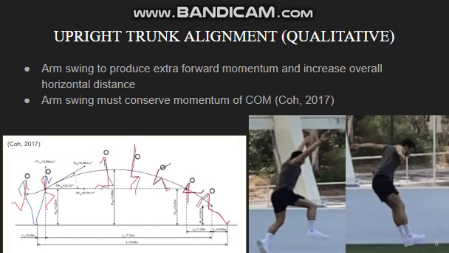Moving on to the upright trunk alignment, the upright trunk alignment at takeoff stabilizes the center of mass projection angle and ensures efficient force vector summation. In my footage, I observed a slight forward trunk lean at board contact. This likely caused an overemphasis of the vertical lift during takeoff and limited my horizontal drive. When the trunk remains slightly forward, the hip extensors engage earlier, which may aid balance but also restricts angular velocity